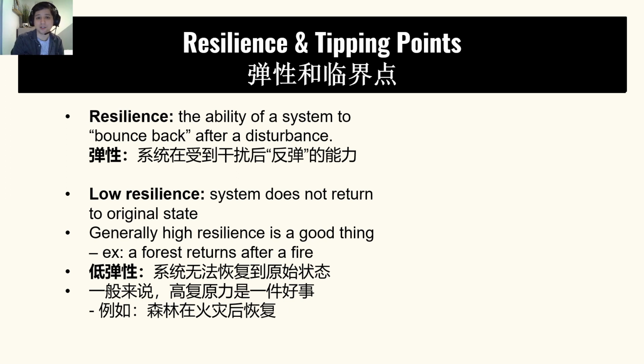The less resilient it is, the more likely it is to hit the tipping point. So another example, again, is maybe temperature in your body. Your body's able to keep the temperature, but at a certain point, you will reach a tipping point where you're too hot. Your body can no longer cool you down anymore, and you get a fever, and then you get dizzy, and then you faint, and then possibly you can die.